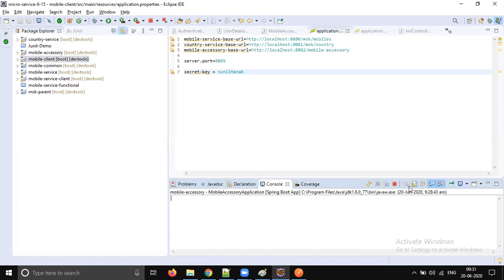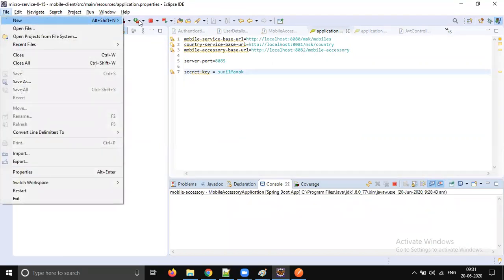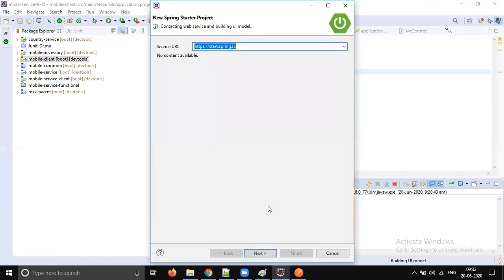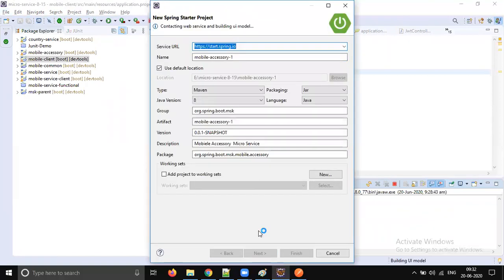So what we will do, we will quickly create one Eureka server. Okay, so go to file, new Spring Starter project. Let's give this as Spring Boot MSK. Let it be. So mobile service discovery.